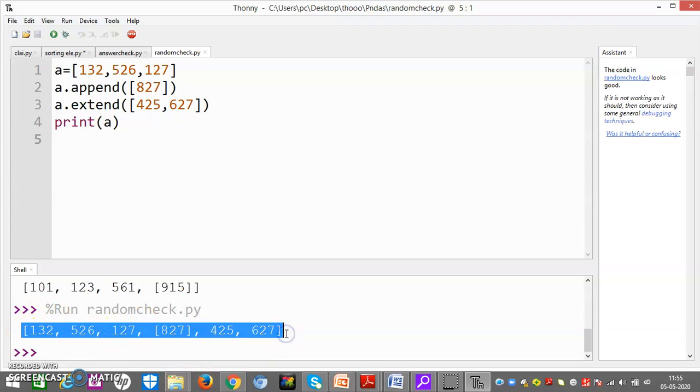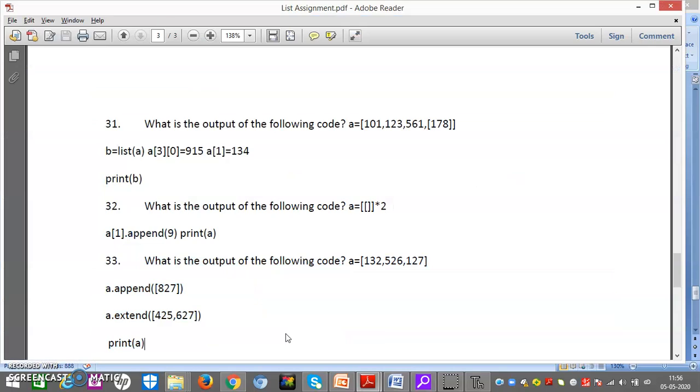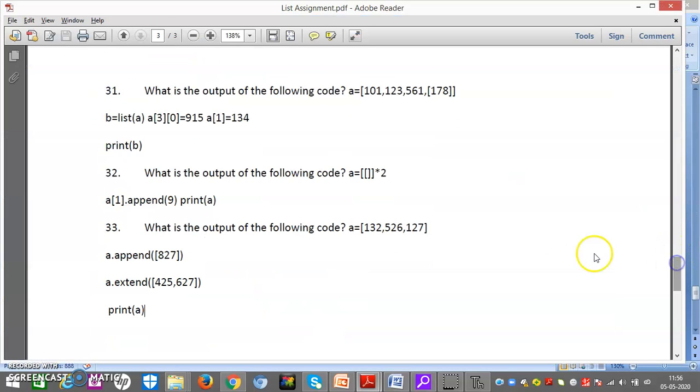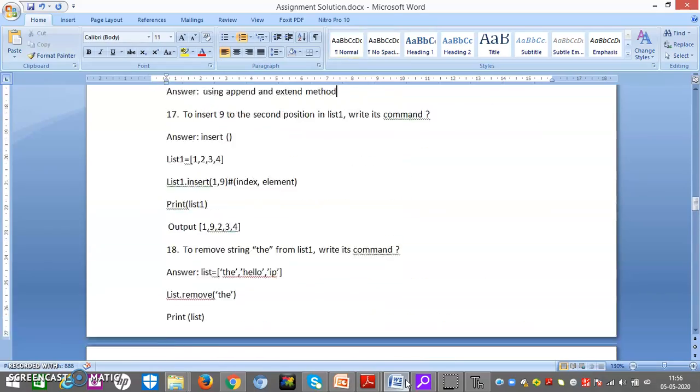So friends, this is the short assignment which I have told you from the chapter. What is the chapter? I forgot the name of the chapter. The name of the chapter is list. Now the questions are over from my side. Okay, now let us discuss the whole assignment in one go. I will start with the first question until the answers are there.